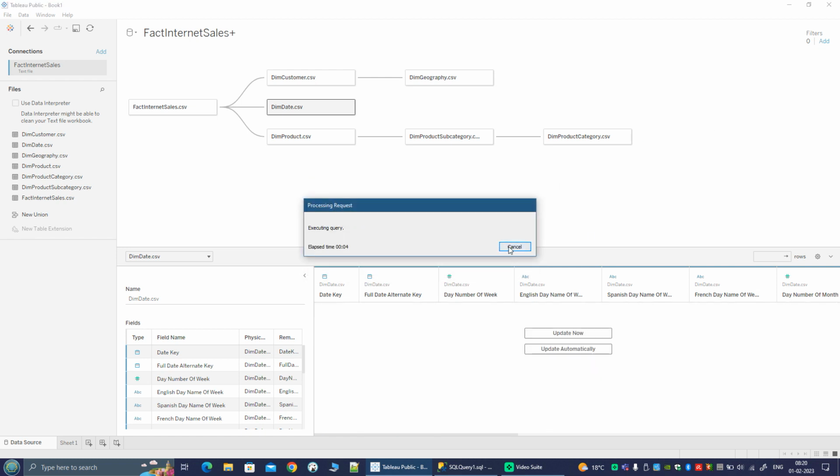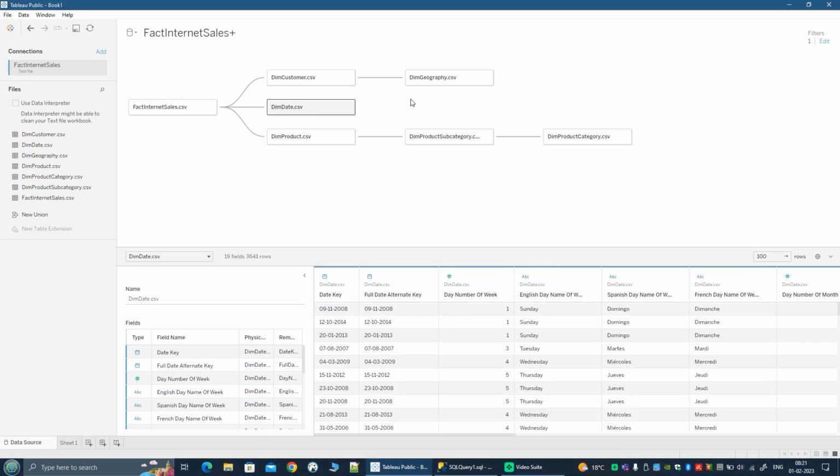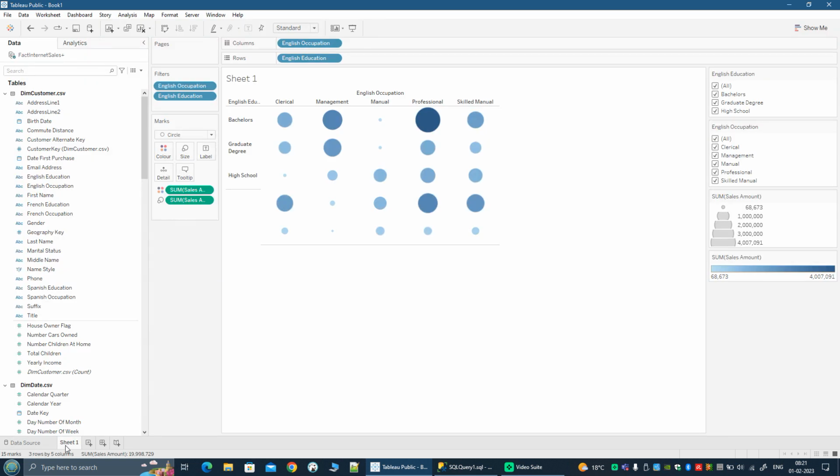Right. So this will take a few seconds to apply. Now what it's doing is recalculating, or refetching, all the data with this filter applied. Now let's go to worksheet 1. Okay. Notice that those two values do not appear under education. The data is already filtered out now,